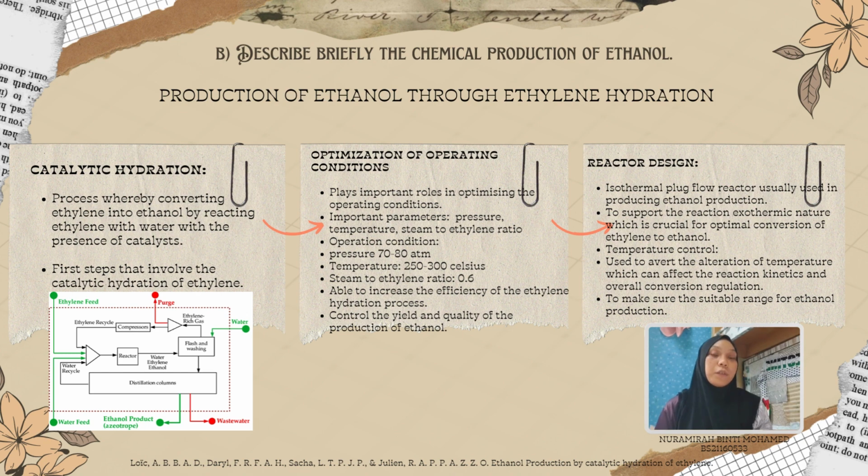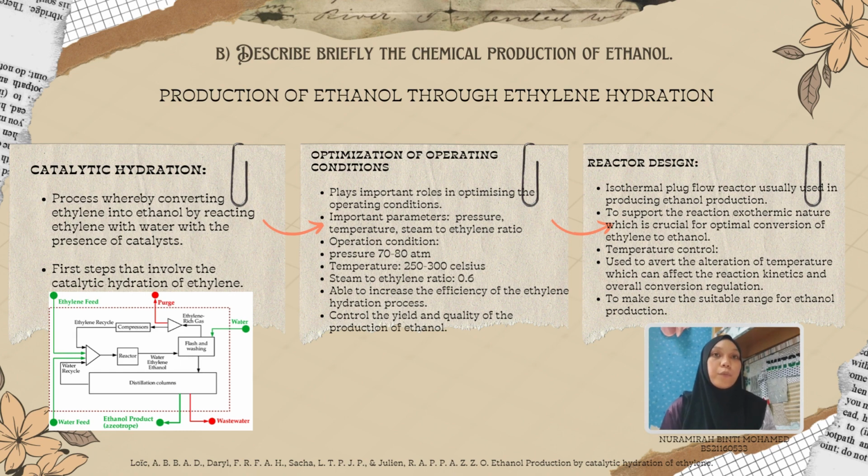The production of ethanol through ethylene hydration involves three processes. The first one is catalytic hydration, a process for converting ethylene into ethanol by reacting it with water in the presence of a catalyst. Usually this is the first step involved in the catalytic hydration of ethylene. Next is the optimization of